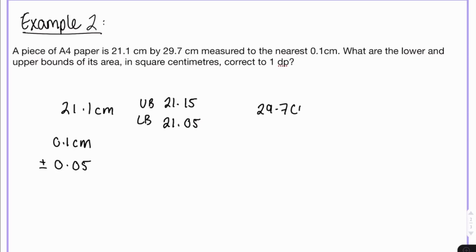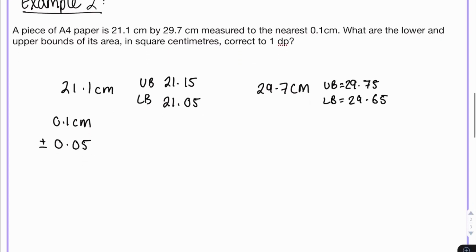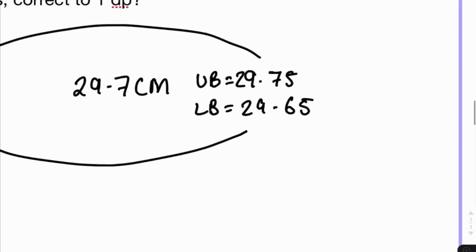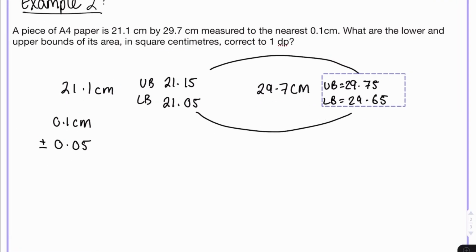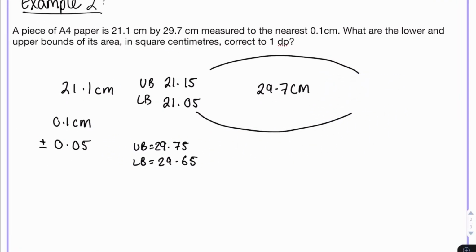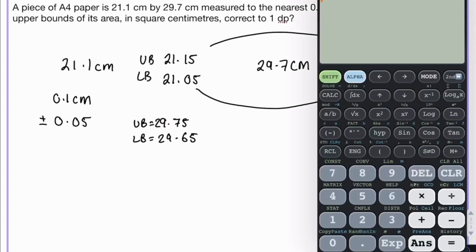29.7 centimeters, the upper bound will be 29.75, and the lower bound will be 29.65. Now, to find the maximum possible area, we have to multiply the two upper bounds, and to find the minimum possible area, we have to multiply the two lower bounds. So, if I take the upper bounds and the lower bounds, and I multiply them together,